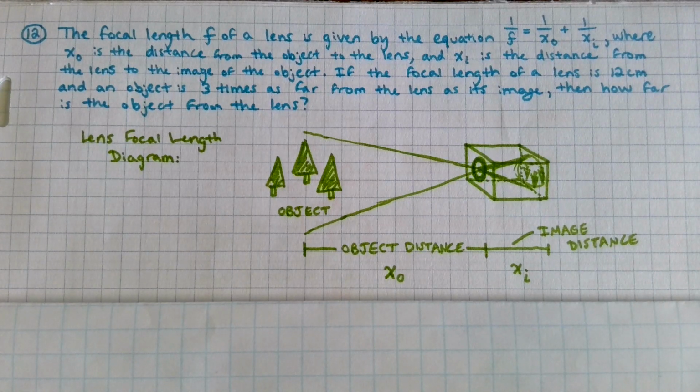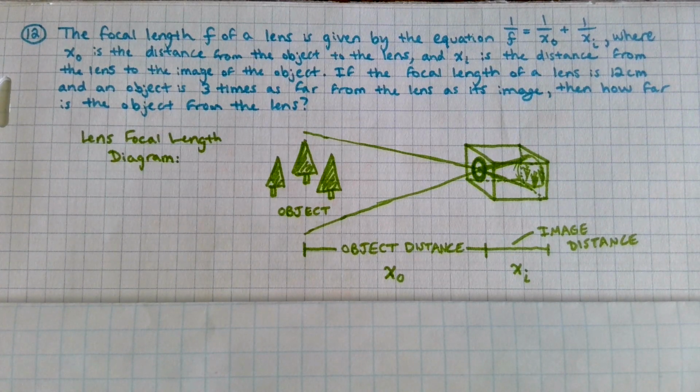This video is going to go over several examples for lesson 7.7, which is on applications of rational equations. Question number 12 tells us that the focal length f of a lens is given by the equation 1 over f equals 1 over x sub 0 plus 1 over x sub I, where x sub 0 is the distance from the object to the lens and x sub I is the distance from the lens to the image of